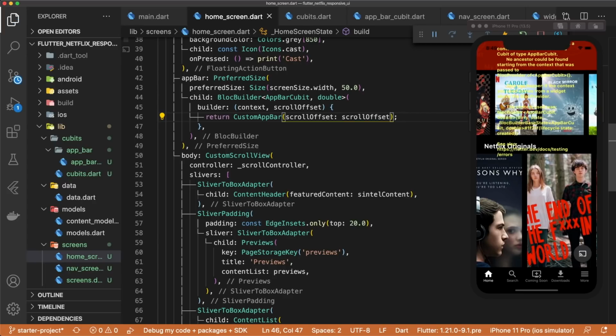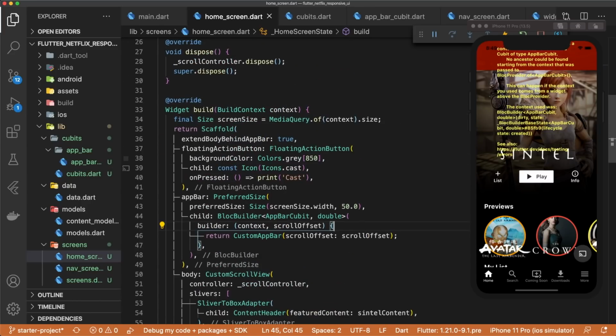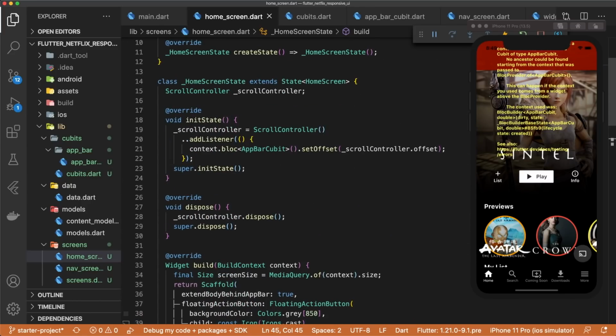Now if we hit save and hot restart the app, we can see that we're getting an error. And the error is that no ancestor could be found starting from the context that was passed to. And that's because we're trying to access our app bar qubit, but we haven't actually provided the app bar qubit to the widget tree. So inside of our navscreen.dart,